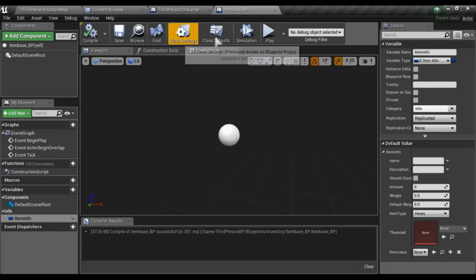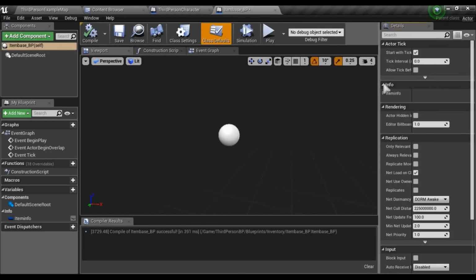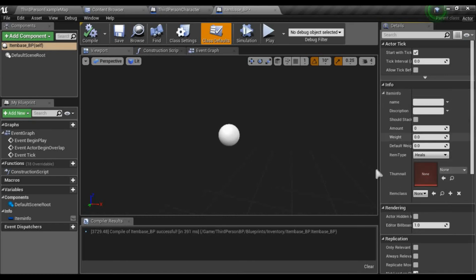That way if I go to class defaults, it's under the information category. Now we didn't assign any default values to all of them, so let's just assign them here. Description, stack, notice one, it's also one,